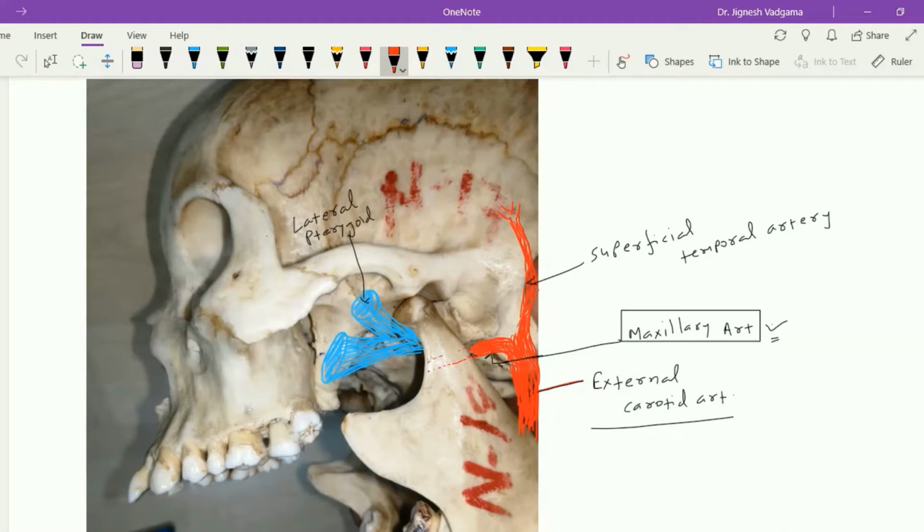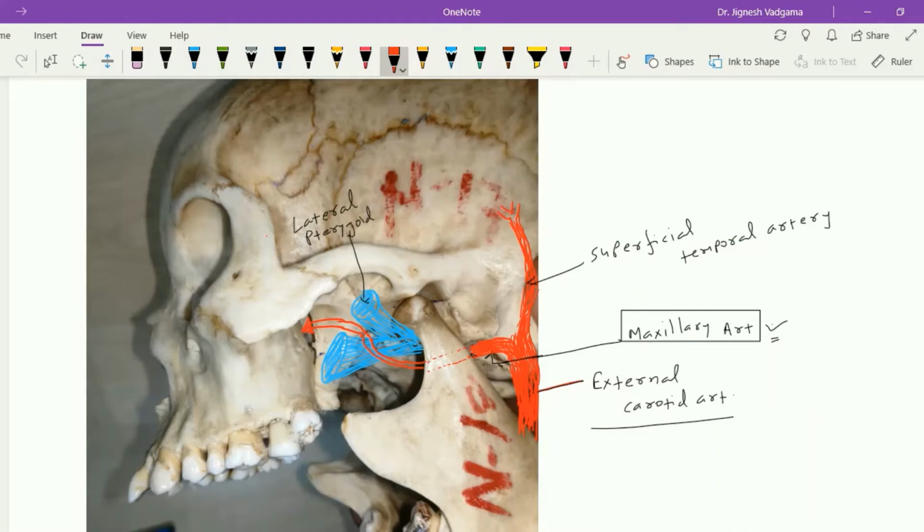This maxillary artery, after getting origin from the external carotid artery behind the neck of the mandible, runs medial to the neck of the mandible and reaches up to the lower border of the lateral pterygoid muscle, and from here this artery curves superficial to the lower head of the lateral pterygoid muscle and reaches up to the gap between the two heads of the lateral pterygoid muscle, and from here this artery, after passing between the two heads of the lateral pterygoid muscle, enters into the pterygopalatine fossa through this